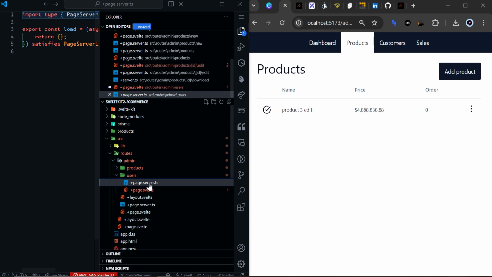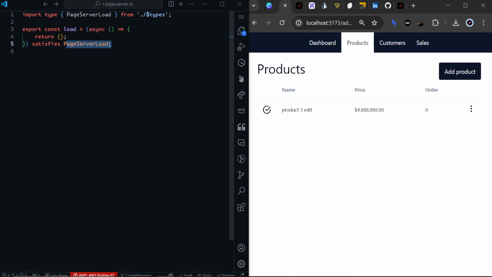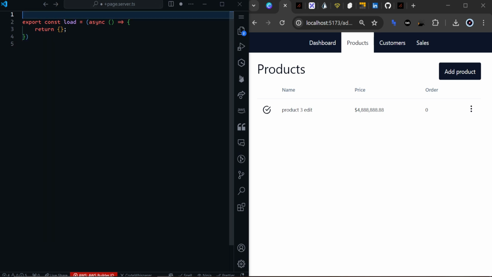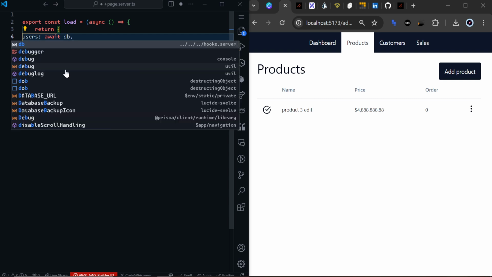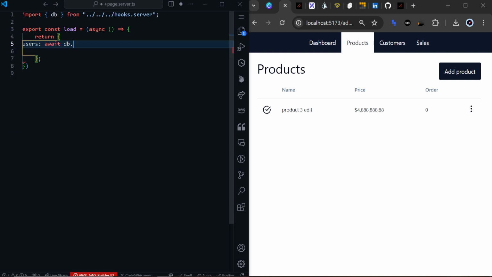So we'll go to our +page.server.ts file, and then the list load action would return the users. Yes, directly return here, users would be await db. Now we need to import db from our hooks file. db.user